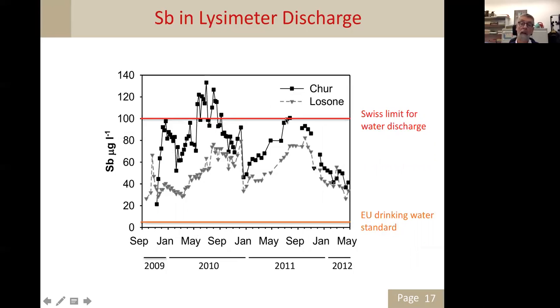and triangles from the Lysimeter soil. And you see there's a little bit more leaching from the soil with less humic matter and higher pH. And you see that we are partially exceeding here the limit for water discharge.